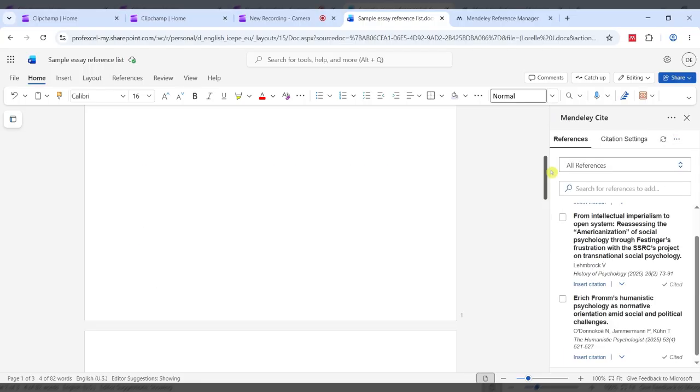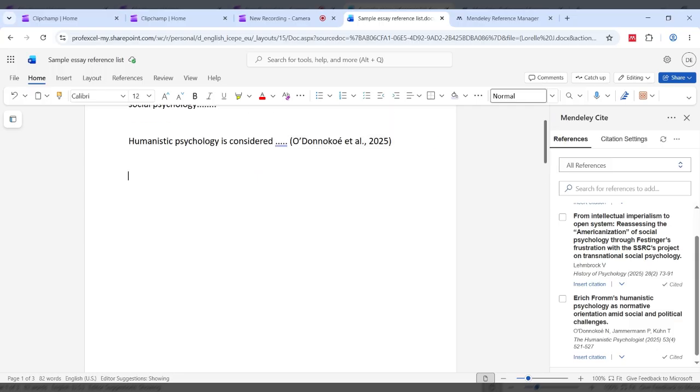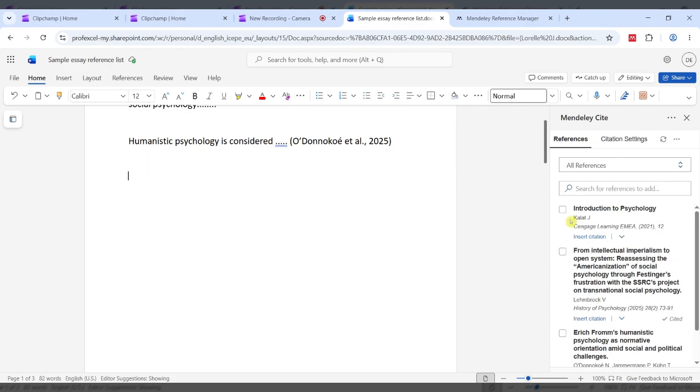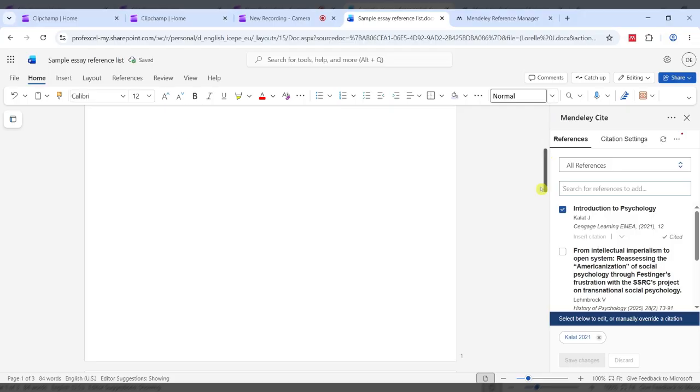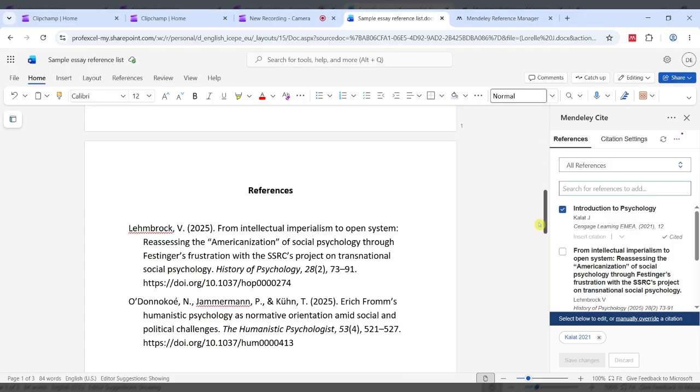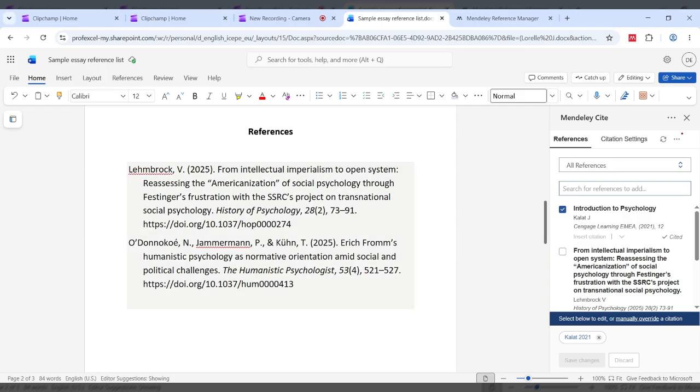I'm just going to go back up again, just for the purpose of illustration, I'm just going to put in an in-text citation here on its own. And this is an ebook from Perlego. So this is my third in-text citation. And this time when we scroll back down to our reference list, you'll see it won't have been added in because automatic updates are turned off.